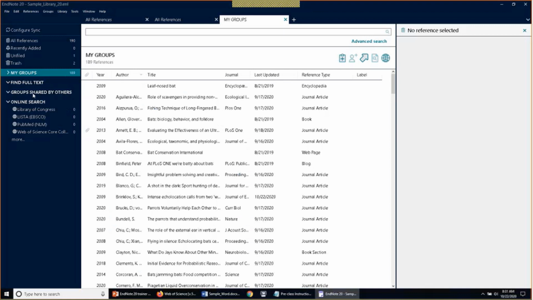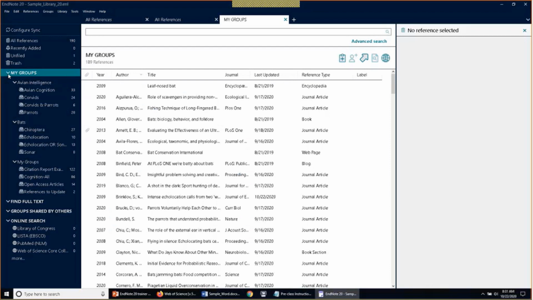Again, it makes it a little bit cleaner. And at any point, if I wanted to see my own groups again, I would just toggle that setting and they all collapse down once more. And the last element that I wanted to point out, just in terms of the library